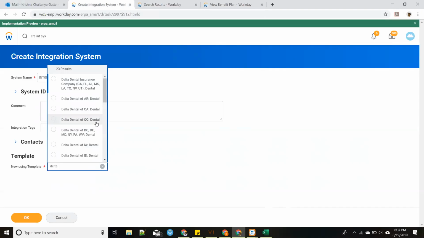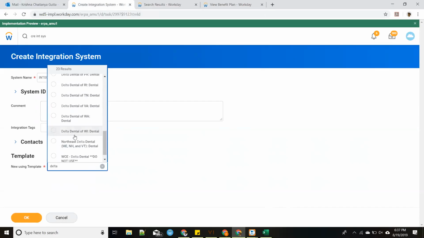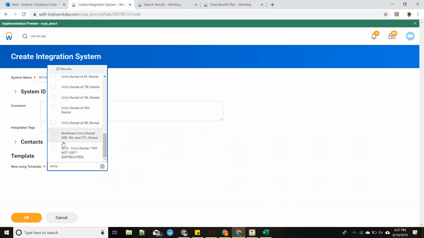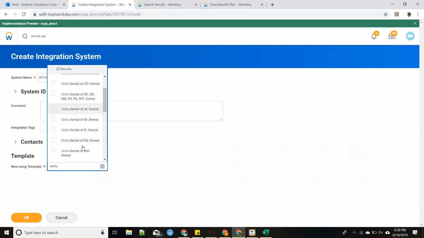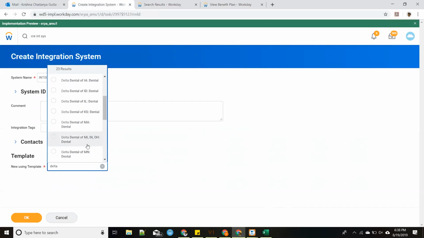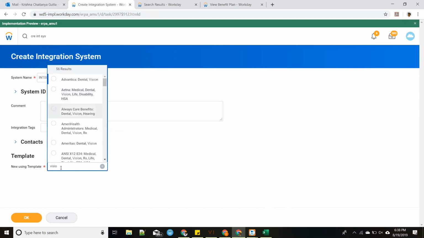You have Delta Dental, have dental for California, Colorado, different states and everything. There should be something. We should go by states only. Oh, the easiest would be Vision. Vision, usually the provider is VSP. So most of the